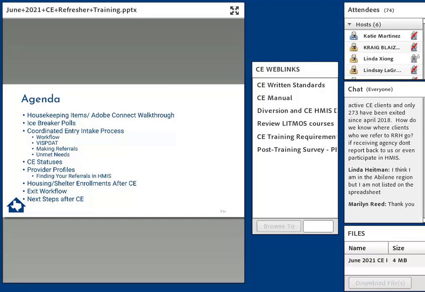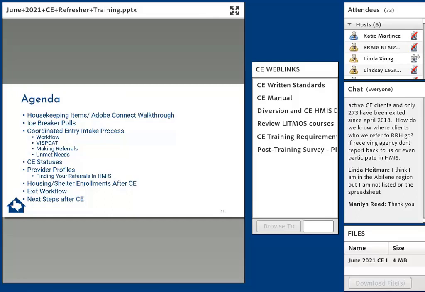That's a great question. I think that alludes to community case conferencing in terms of getting to understand those clients. I know that there are a lot of clients because coordinated entry has been around for a long time. I think one of the key things is having that case conferencing meeting so that you can understand where those